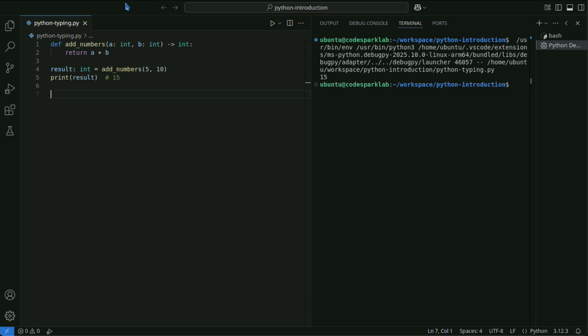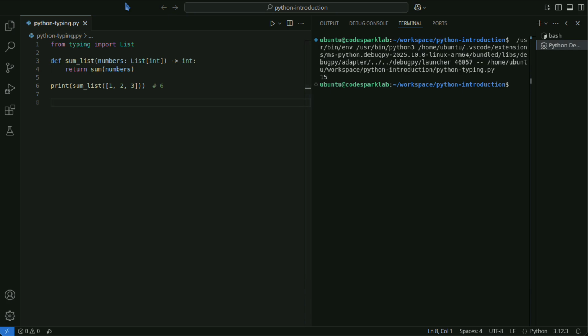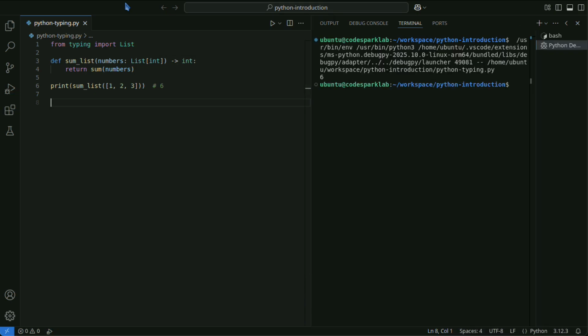The list type is specified using the list class. You can also explicitly specify the type of elements within a list. In this example, all elements of the list are expected to be of type int.